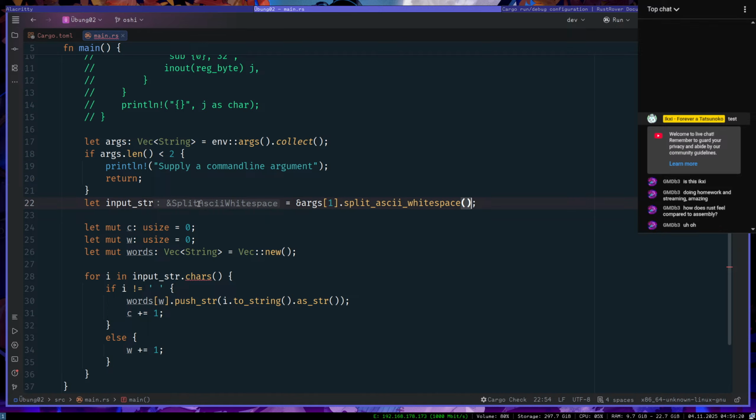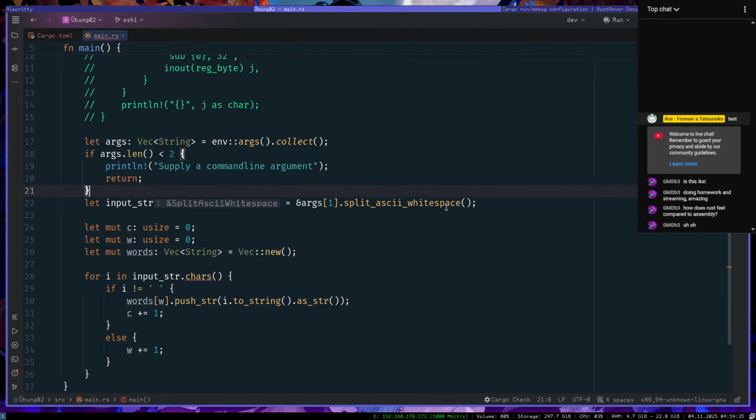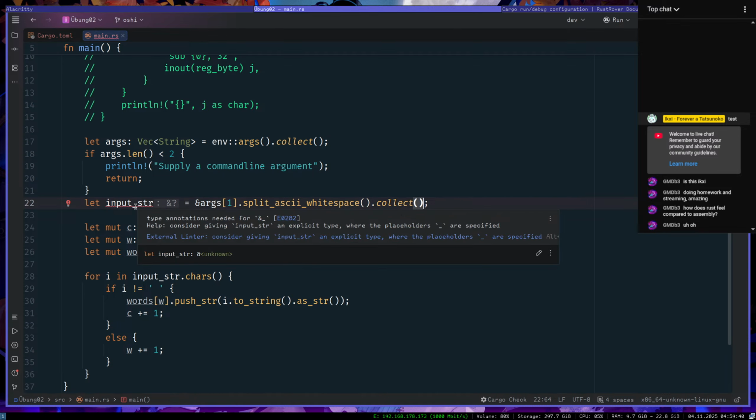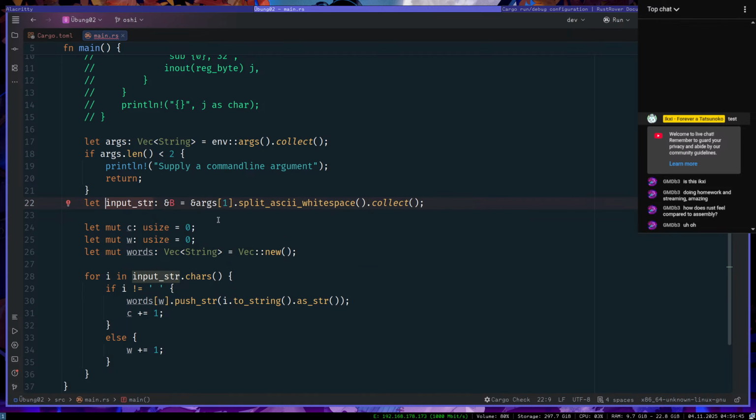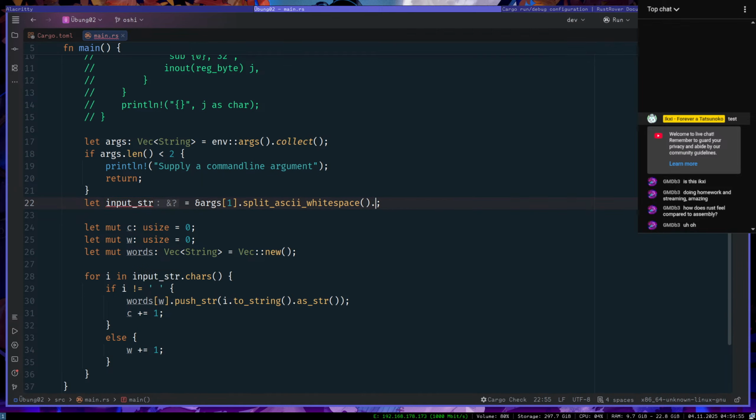Why is this a type? Couldn't it just return a vector with them? Wait, what if I do dot collect? Type question mark. Okay, so dot collect doesn't work.